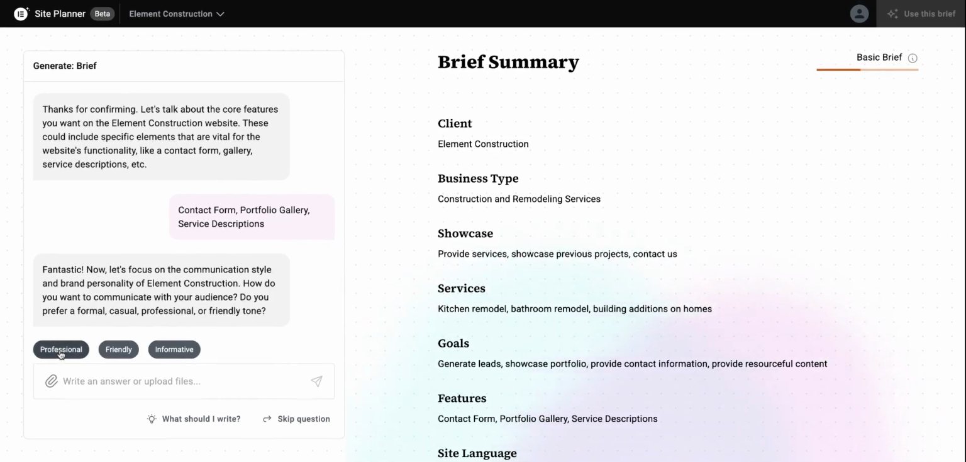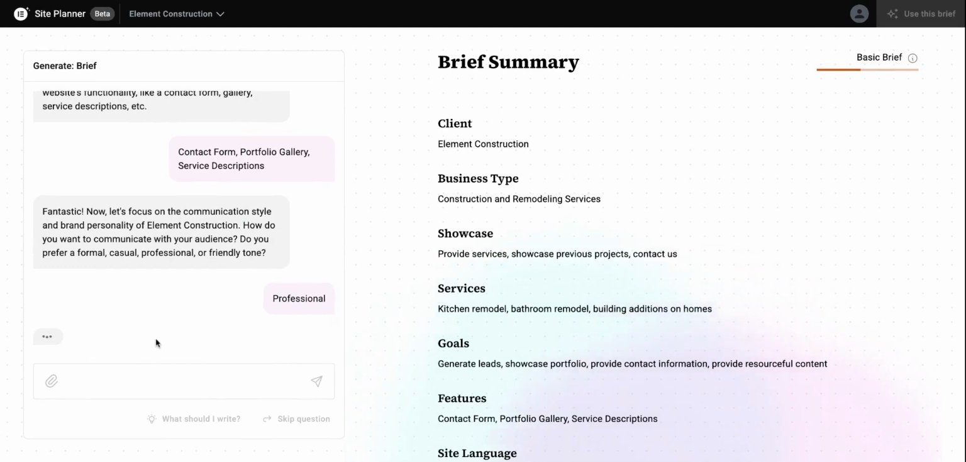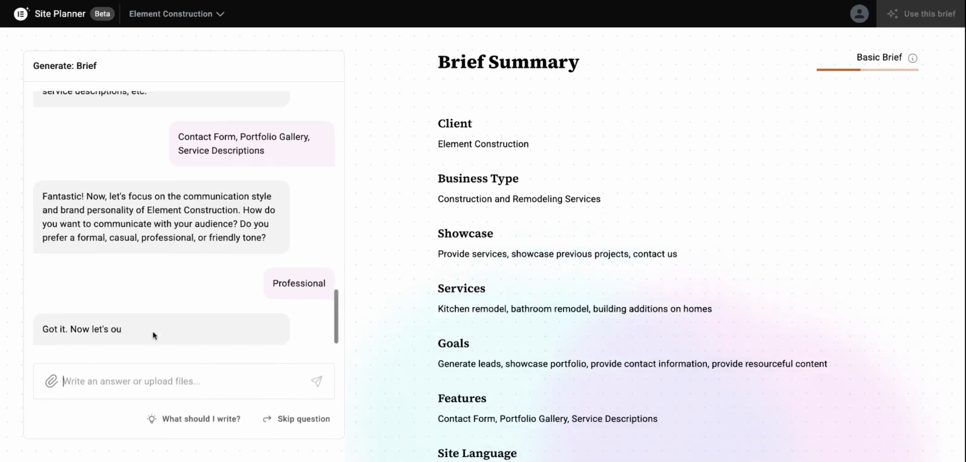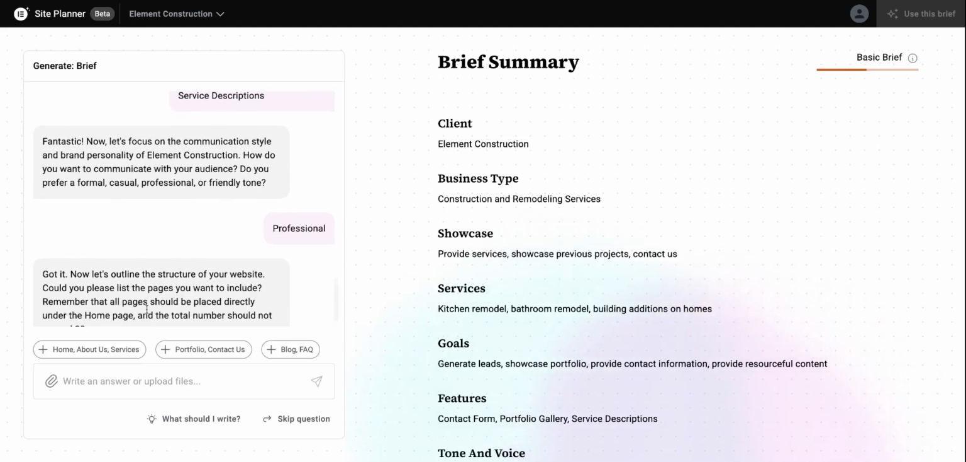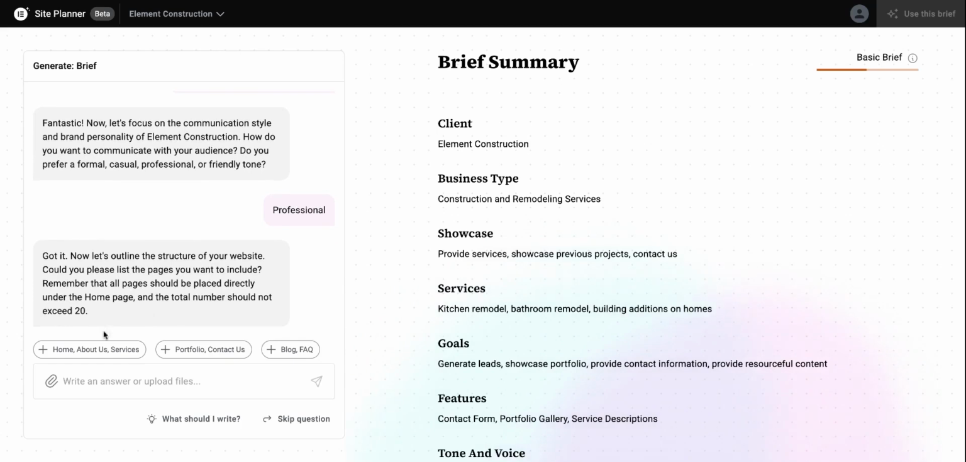So I'll go ahead and use professional. That sounds like a good tone for a remodeler. And now what we're going to do is start laying out the sitemap or the pages that we want on here. I think what we should do is home. Let's capitalize that. It's home,